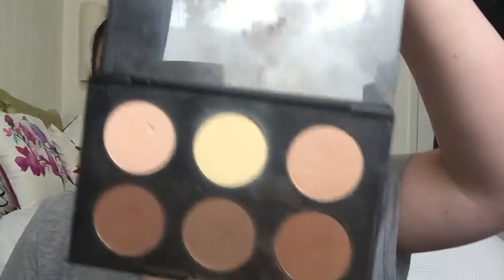You guys really don't need to see me apply powder. You probably know how to apply powder, but just a quick rundown. I use the little spongy thing that comes with it and just press that on my face, and then I take a powder brush and get a little bit on, and just sweep off the excess. Going back to my Australis contouring palette, I'm taking the yellow colour right in the middle